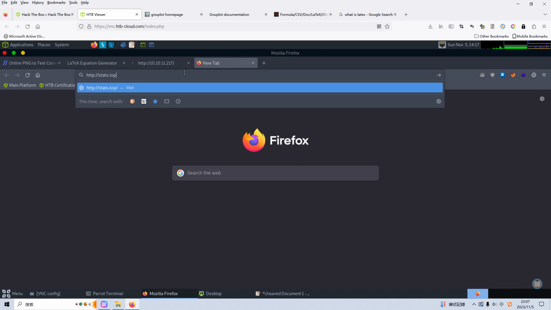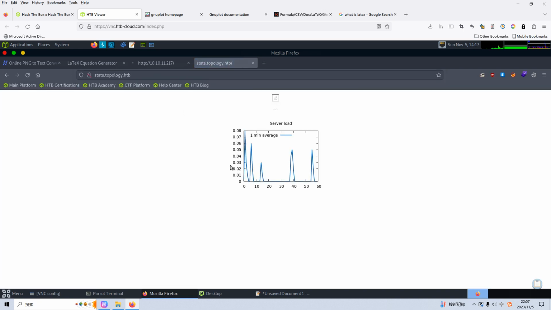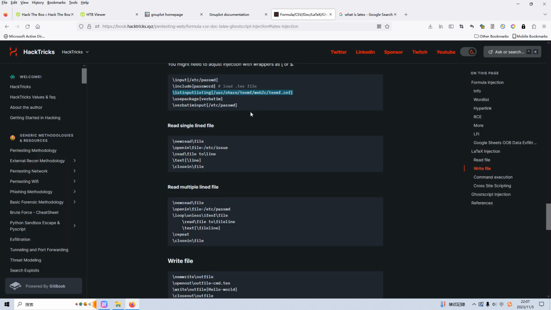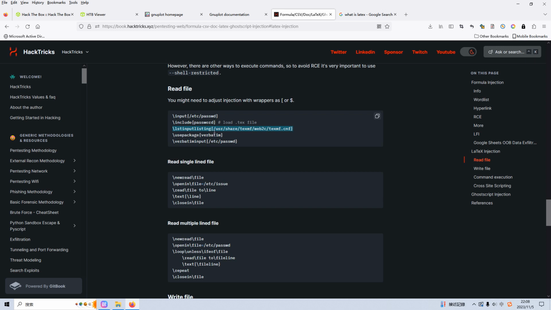stats.topology.htb, and let's press enter. I think this is just some sort of picture, and we cannot make any exploitation of this subdomain. So I think the only possible entry vector to exploit is this one, the generator. And I've already opened up Hack The Box, this very wonderful website, which gives us how to exploit the LaTeX